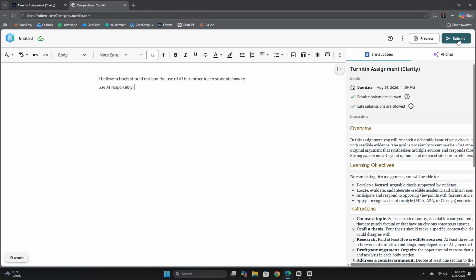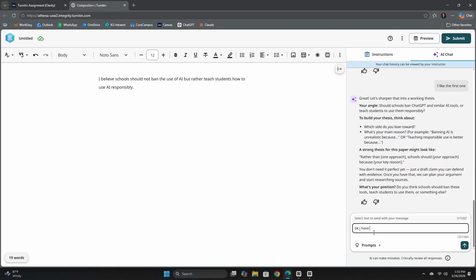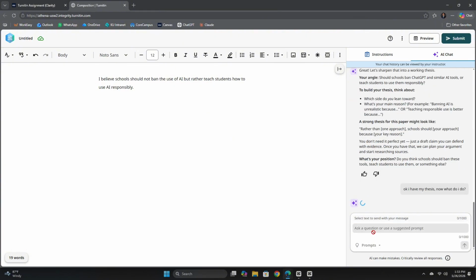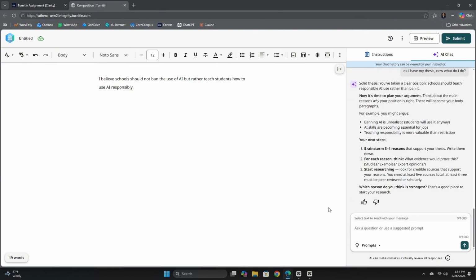For example, I have my thesis, but now I'm not sure what's next. I can ask the AI and the AI will take the instructions, summarize them to me, and let me know what follows. In this case, I had my thesis, but I needed 3 or 4 reasons to support my point